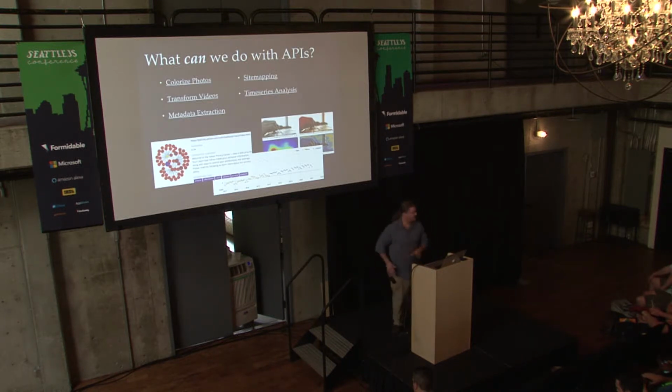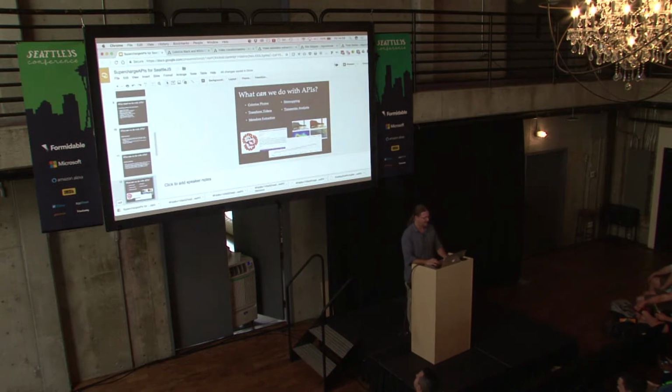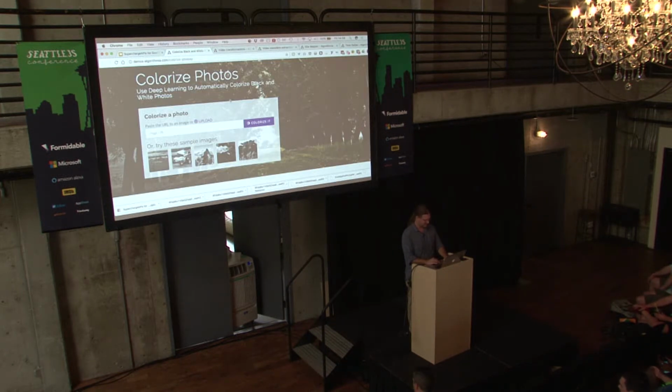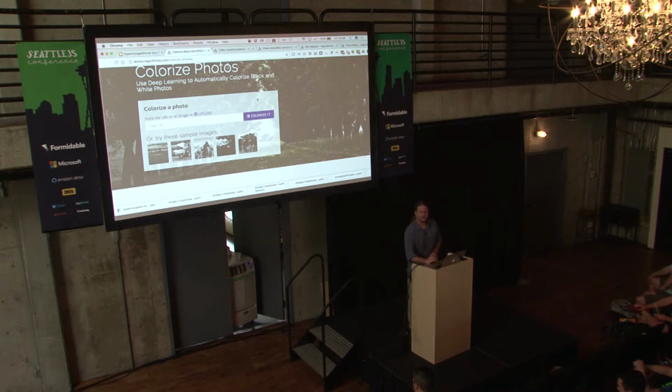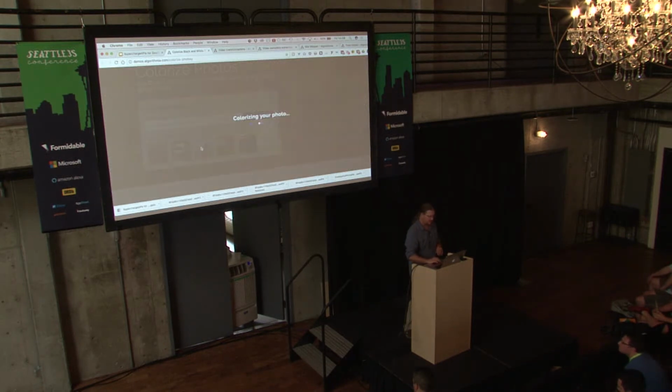Okay, let me show you a few cool, I think, examples of things you can do with APIs. So what is nifty about these is all of these demos, with one exception, which I'll explain in a minute, are called entirely from the browser. I've not written a whit of server-side code for any of these, right? So I'm just making very simple API calls from here. All the code in here, none of these are less than like 200 lines of JavaScript, and that's basically just manipulating the UI, right? So I can take an image here that I've got.